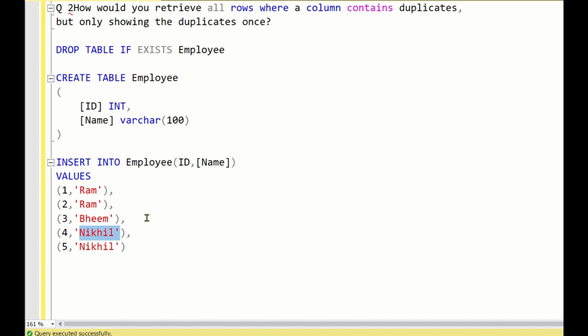You just need to retrieve the name column where there are duplicate entries. Okay, Bheem should not be written because it is having only a single entry. Only Ram and Nikhil should be written. So how do we do that? It's very simple. So select name from employee,